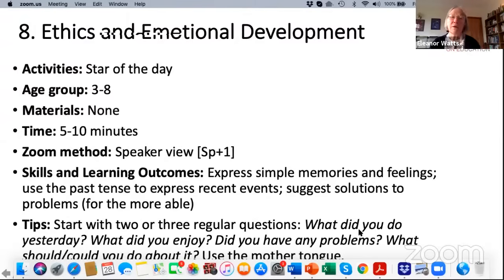I'm afraid that I'm an English teacher. I often make the mistake of thinking that if children are learning good English, they're learning to be good students. But actually, English is sometimes an obstacle. It's a kind of weight around children's necks. So I do think it's important to give them the freedom to use the mother tongue, especially when we're thinking about ethics and emotional development. So thank you, Priya, for sharing your feelings there.